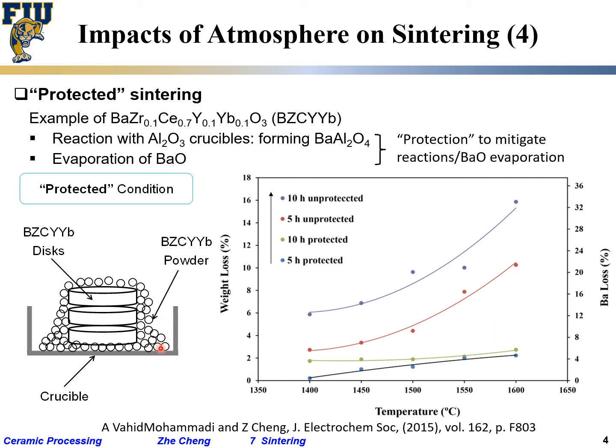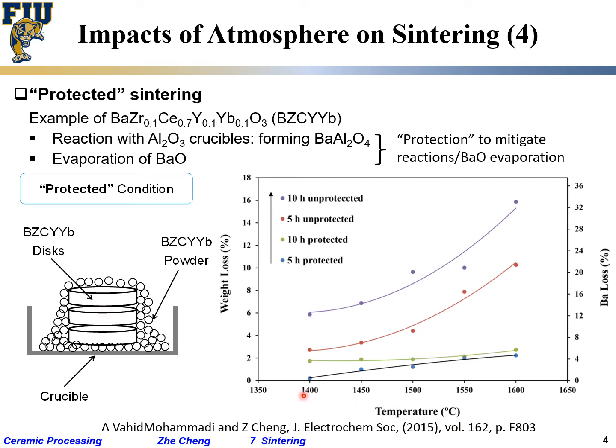So that's why when we do sintering, we put a lot of the same powder together and then put one pellet on top, one pellet below it. And then when we use it, we try to use the one in the middle. Kind of silly, but that's what we do as a so-called protected or sacrificial sintering. And then you see the difference.